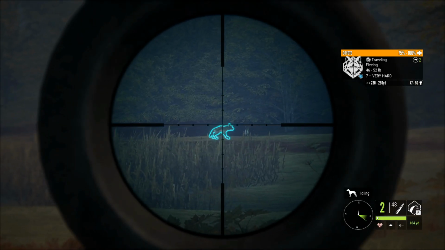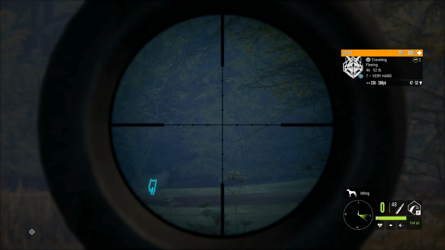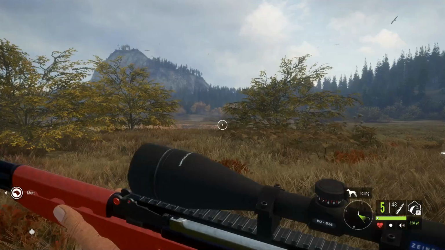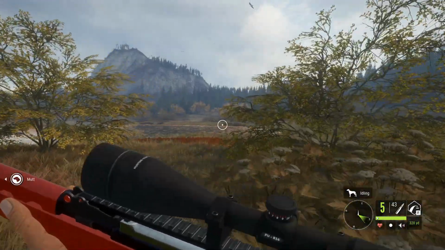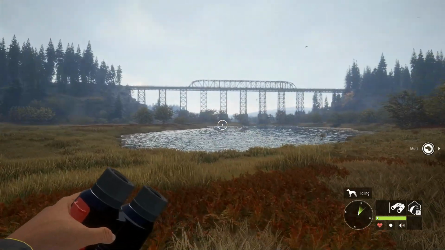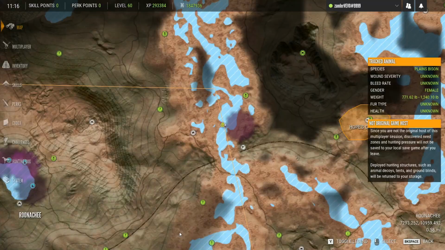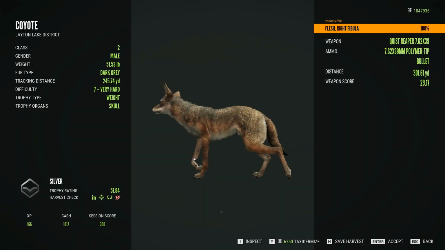Oh, make the follow-up shot. Damn it, I missed. I shot him in the ass. Well, he definitely started bleeding out. He's definitely going down, so we'll pick him up, but... I mean, that's a shame. I didn't have the breath to hold to do a follow-up shot like I normally would, and that sucks. Anyway, as for our coyote...